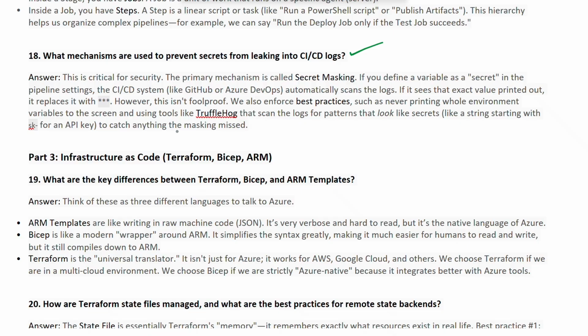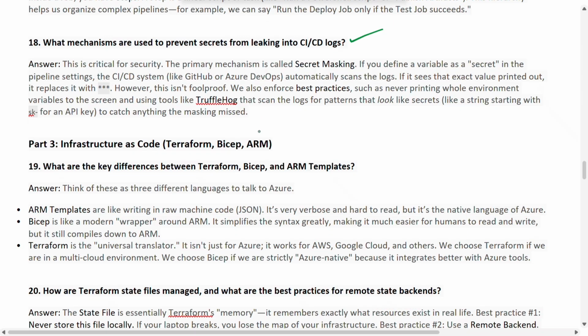So it catches everything and identifies where masking is missed. So this is the mechanism to prevent secrets from leaking from CI/CD logs especially.